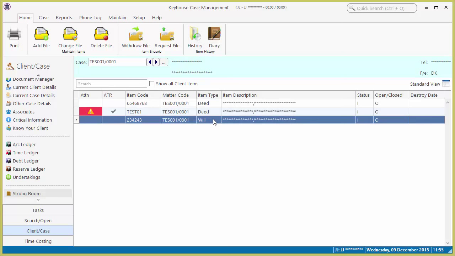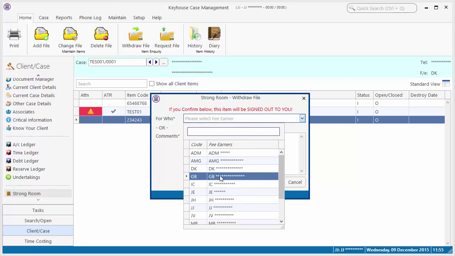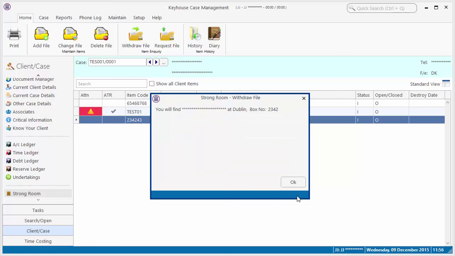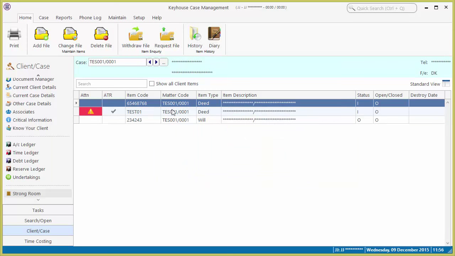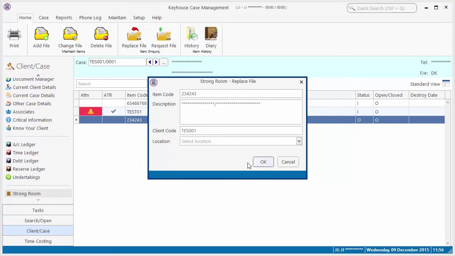Now, when you want to withdraw a document, a file, the functionality has slightly changed as well. The first thing you'll notice is that there's a new button there, Withdraw Permanently. So we can choose to withdraw a document as we always have. And so on. And you can see it has now gone out, and then replace it